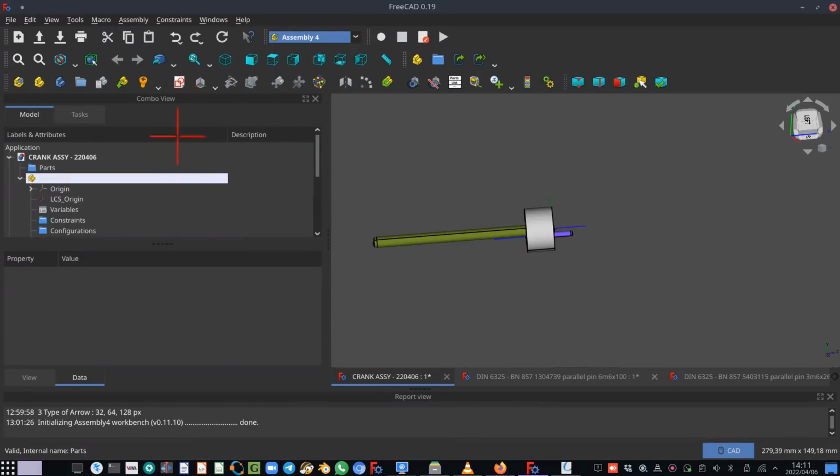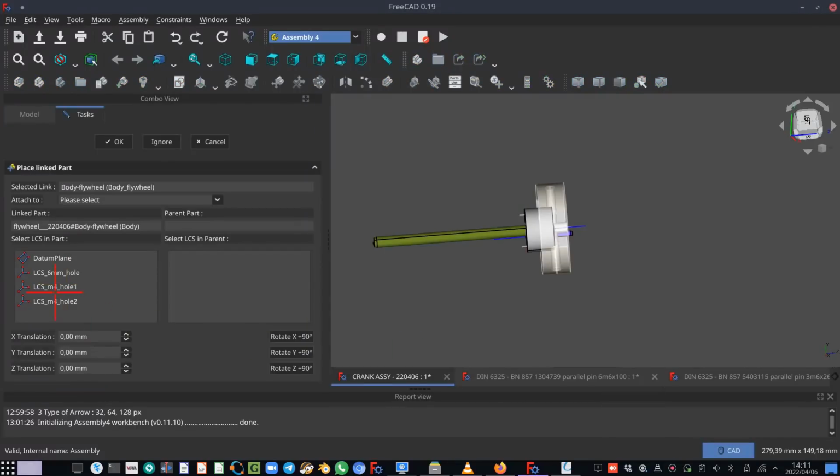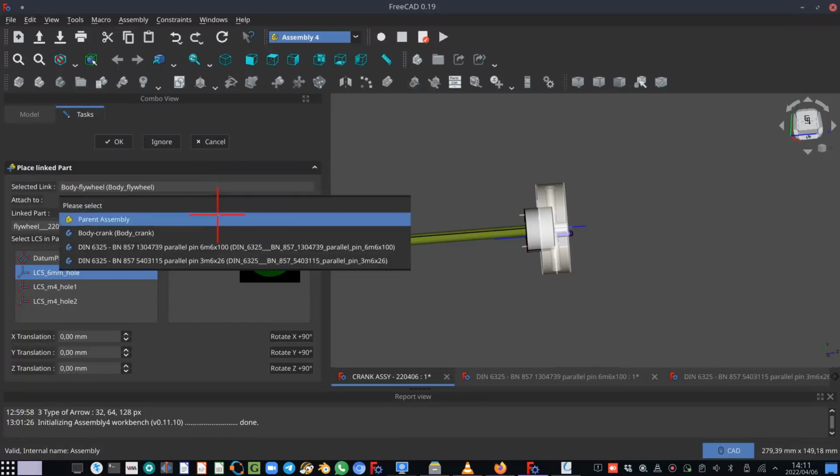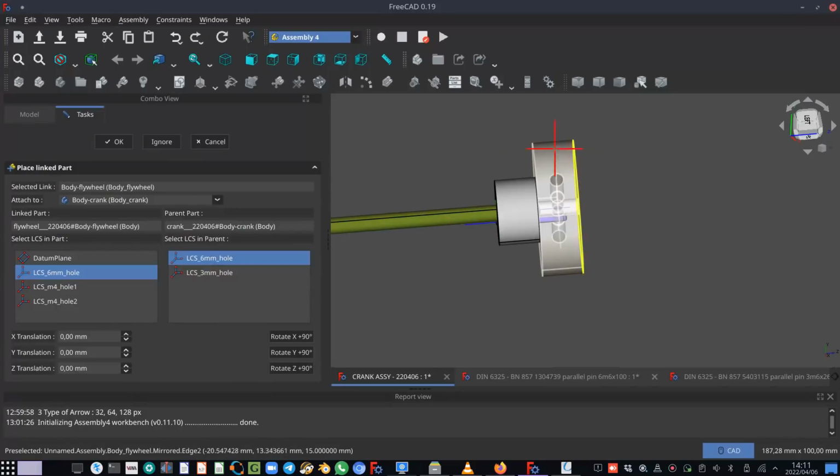So the last body we want to import is the flywheel. We insert that. We select the local coordinate system 6mm hole of the flywheel, and we want to attach that to the body crank 6mm hole. So it updates automatically in the 3D view. We now want to adjust it,